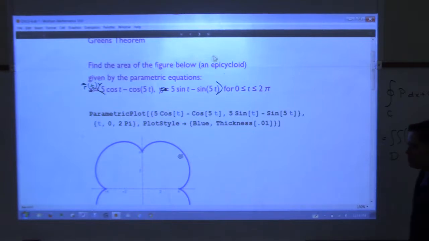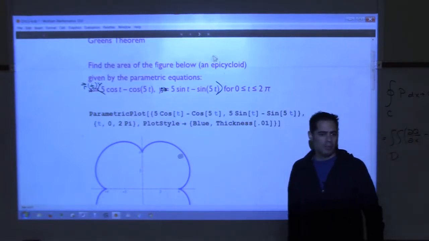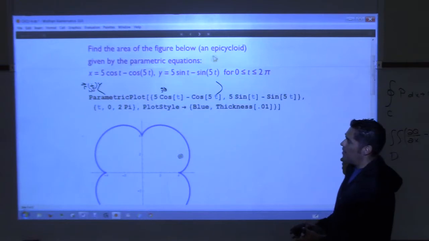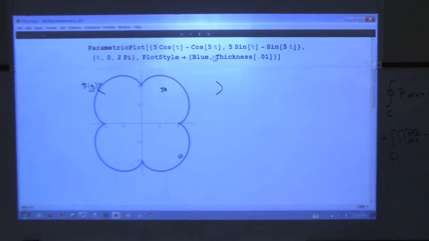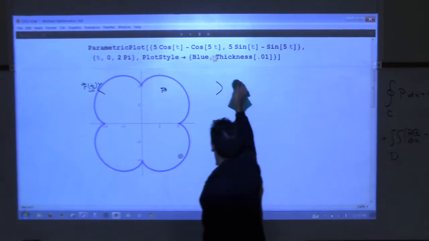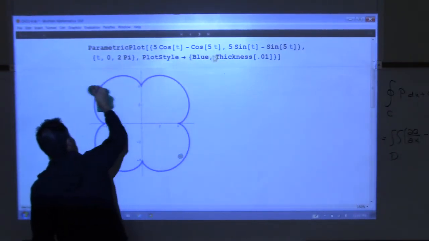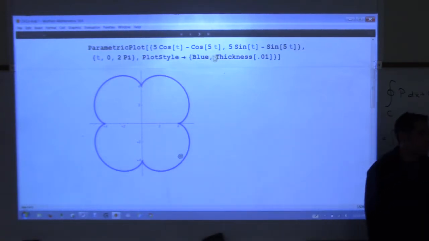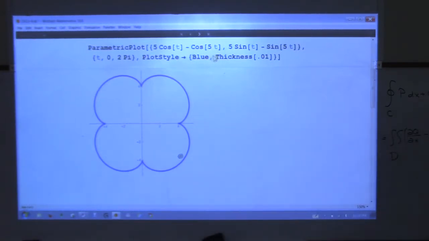So how would you do this with the double integral? What type of region is that? It's not even a polar region, okay? It's not. It's something else. It's just crazy looking, right? I don't think you're going to have success with the double integral here. I don't think you will. So instead, let's